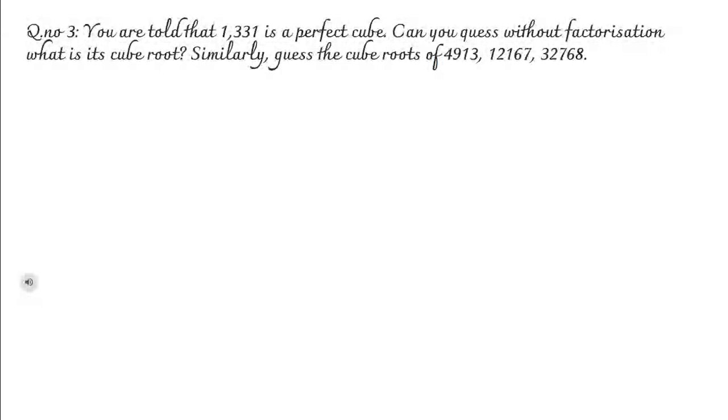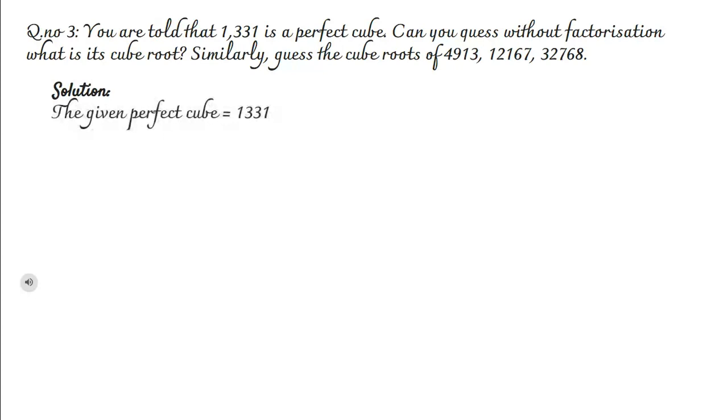These type of questions we have already done in our introduction part, in the video we have uploaded. There we have done the estimation method, finding cube root by estimation, isn't it? So the same way we are doing here. First we have to see that 1331 is a perfect cube or not. It is a perfect cube, we know that. If it is a perfect cube, then only we can do by this method. By estimation, we can do only the perfect cube numbers.